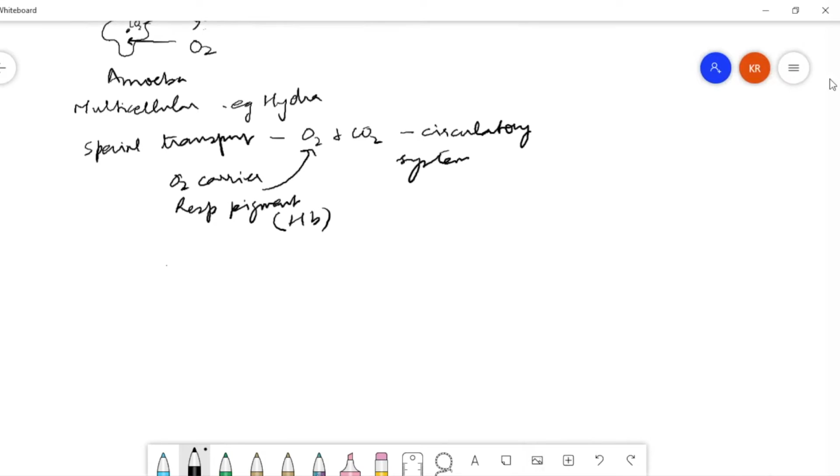And even as the system becomes more complex, sometimes there are specialized respiratory organs. And the most common organs that we know of